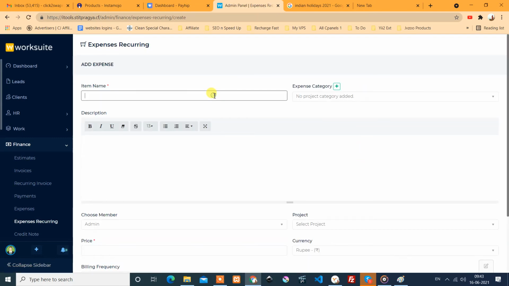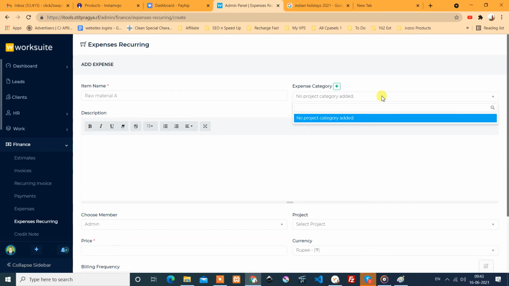You can say if you have to have some raw material A, and you have to purchase it daily or after a few days. Okay, no project category added. Let me add some project category to it.